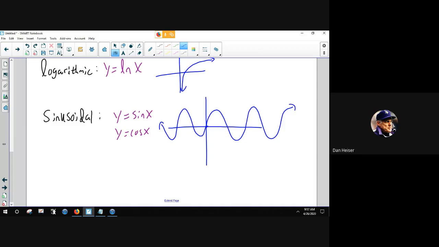These are the 8 functions you need to become very familiar with. You need to commit these to memory. Name, equation,